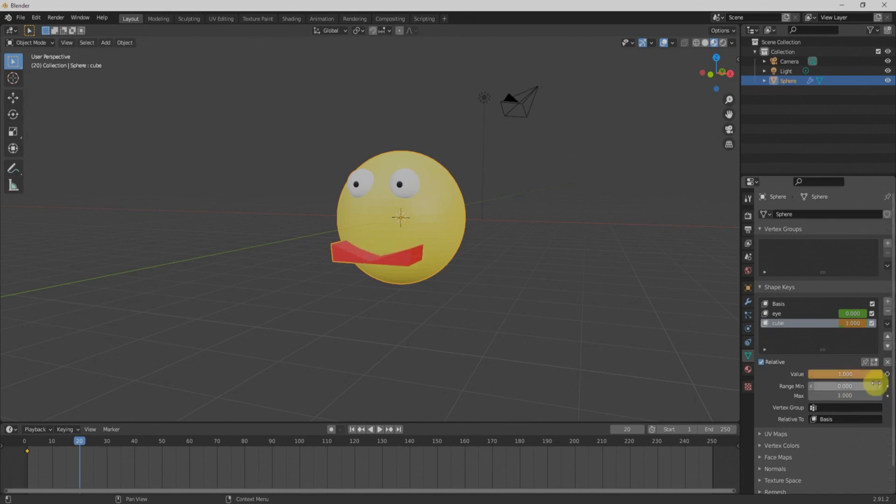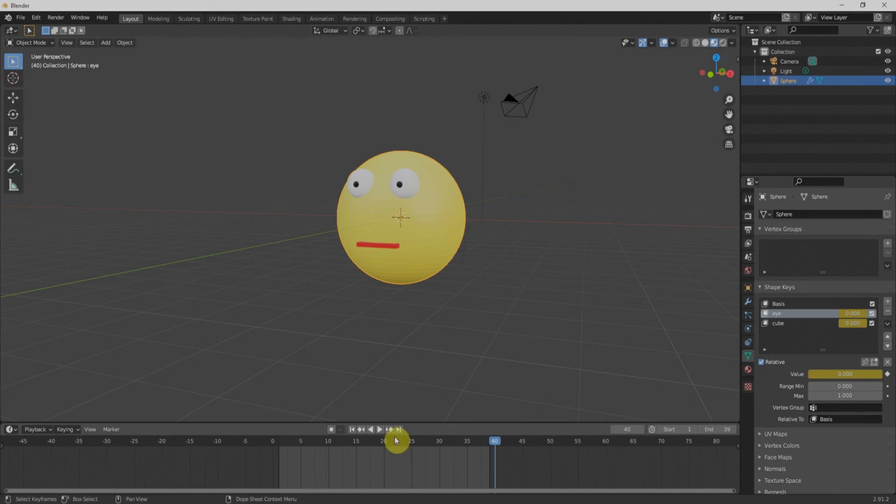We'll set the value to 1, add the keyframe again, and for the eye as well, set it to 1 and add the keyframe. Then at frame 40 we'll duplicate this keyframe by selecting it and pressing Shift D. We'll make the end value 39. That way if we play this animation, it will be something like that.